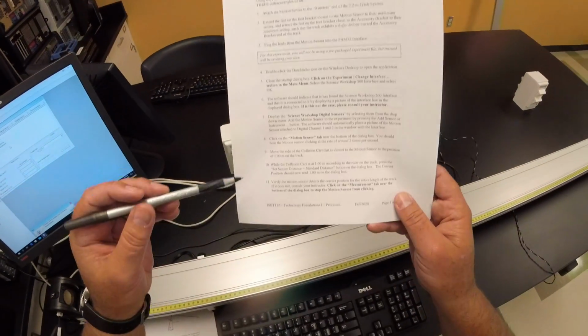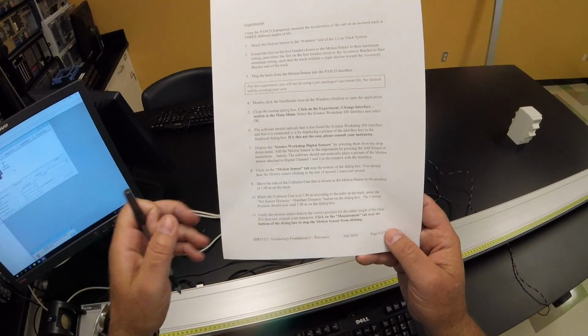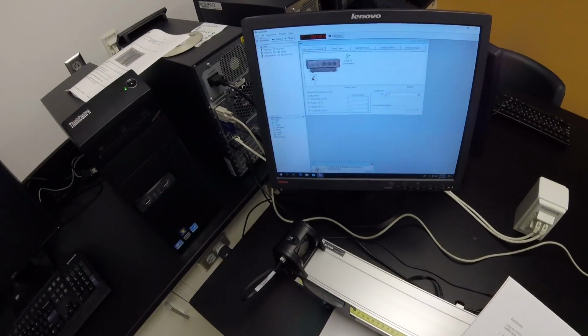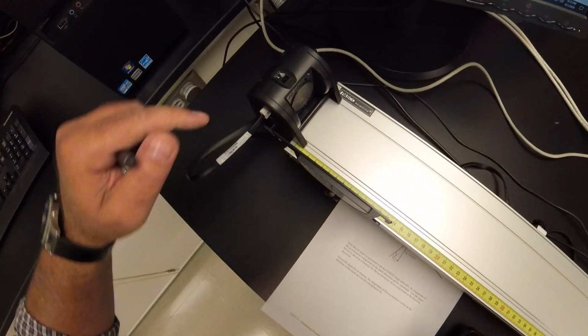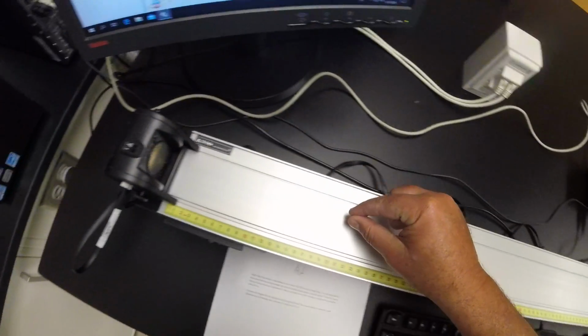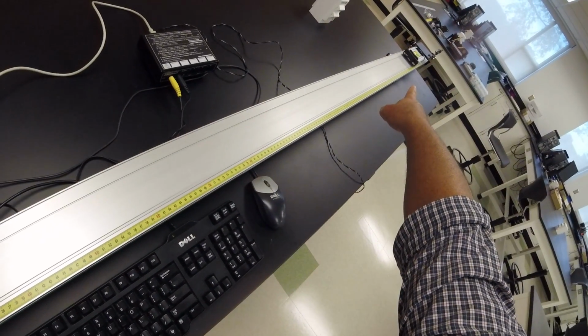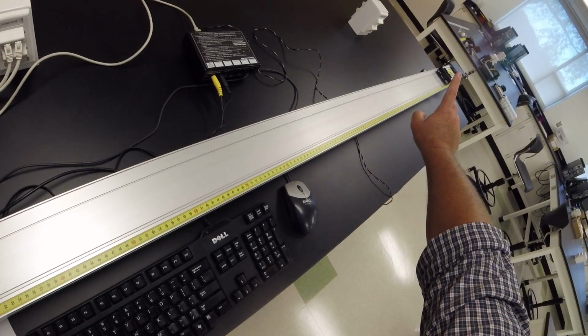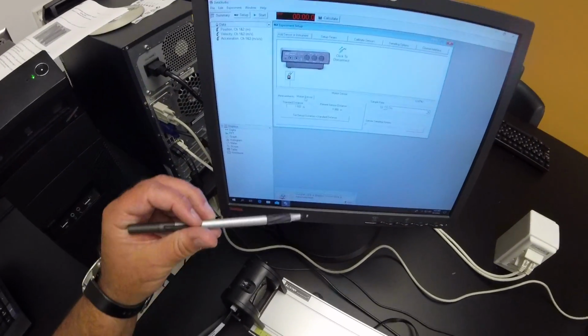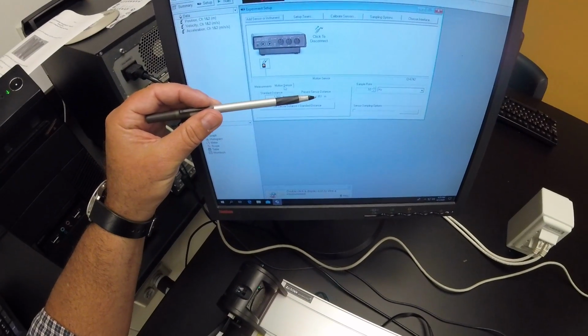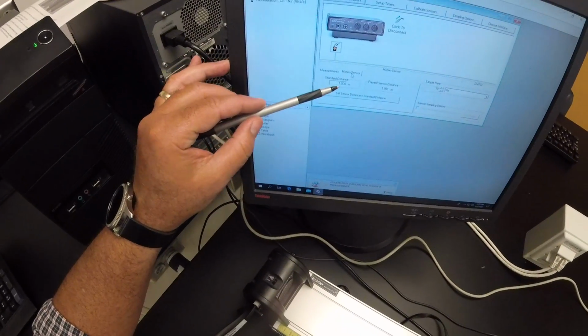Fantastic. We're going to click on the motion sensor tab near the bottom of the dialog box. Down here it says motion sensor. Okay. And you'll hear that this is doing this tick. What it's doing is sending an echo pulse down the rail, waiting for it to echo off and come back, and then recording that. So right now it is telling us that it's sitting at 1.951 meters. And what we want to do is the standard distance is 1 meter. So I'm just reading this answer. What we're going to do is we're going to